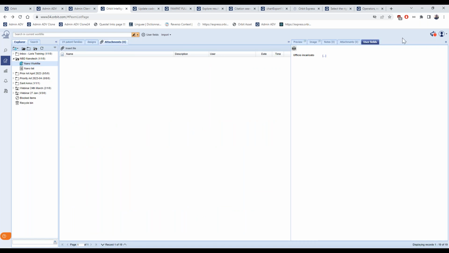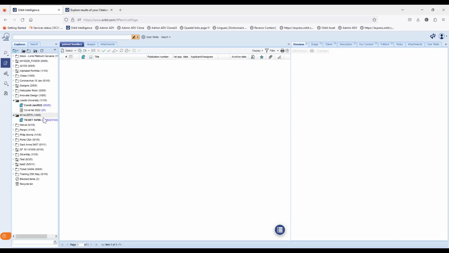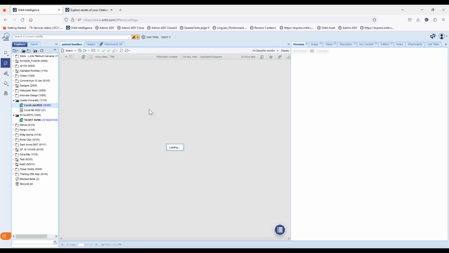User fields are basically tags that you can add to your account. Maybe you can find a dedicated article in the knowledge base. I'll quickly check in my other account. A user field, but maybe it's more appealing to you.